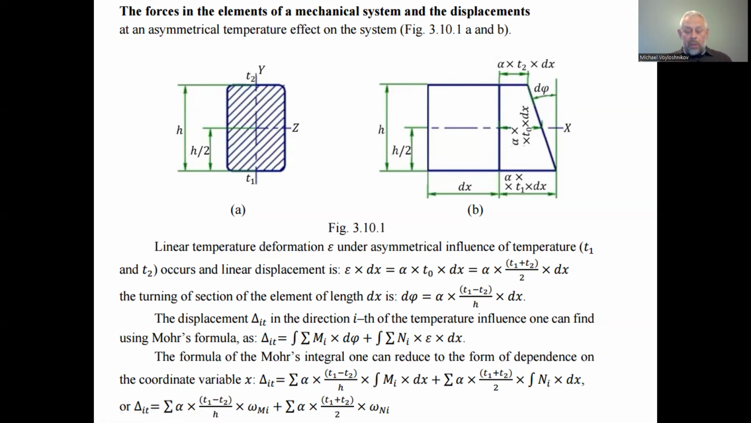The Mohr integral for the displacement under the action of temperature has this form. The displacement under the action of temperature is equal to the integral of the total of the moments, the product of the moment of unit force in the direction, if we consider a definite direction i, product under the sigma sign,